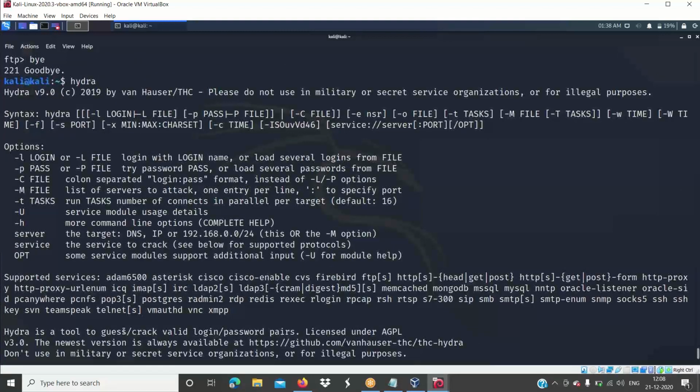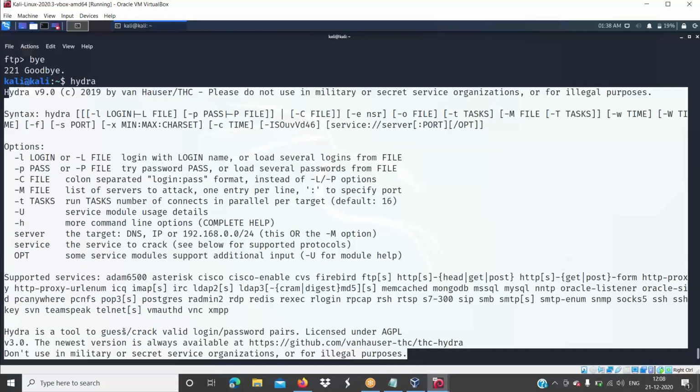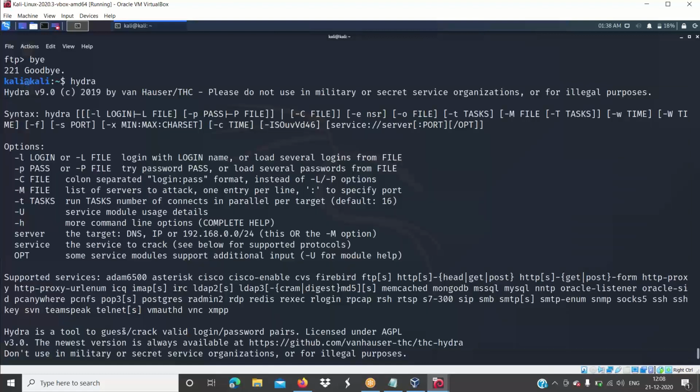Okay, so I'll just give a 5 minute break over here. Can you just go through this entire output?